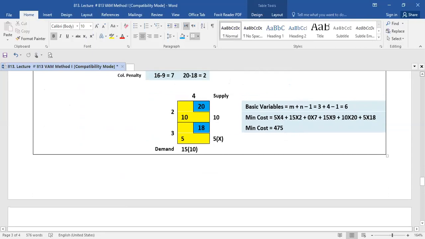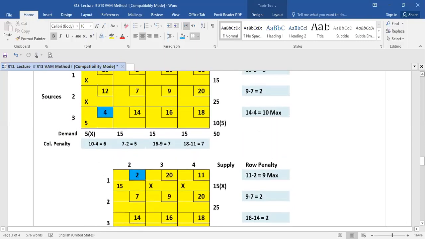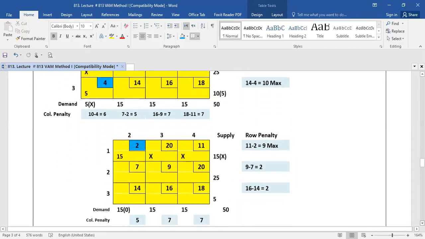I have taught you a second technique, which is actually an elimination technique. You eliminated the columns for making the next table. When you see which row or column is completed, you will eliminate that column in the next table. It is similar to the previous technique, but the difference is that we make separate tables and separate row penalties and column penalties. So I have completed this method. This technique is also completed.